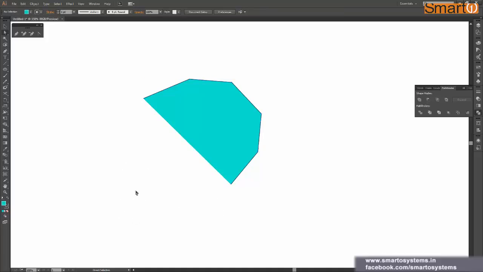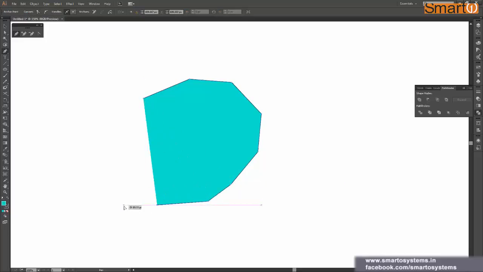So for that you can select your pen tool again and you can continue from any of these anchor points, either the starting one or the point from where you left. Just click on that anchor point once and you can continue your design from there again. Like you have seen, I have just clicked on that anchor point once and then Illustrator knows that okay, we want to continue this shape itself, and after that you can continue the shape.